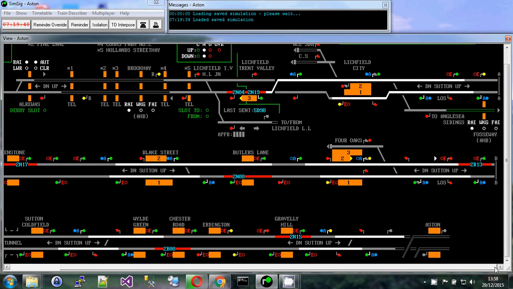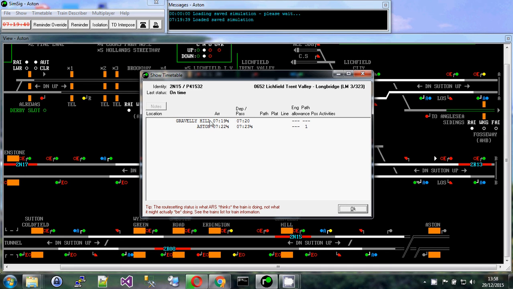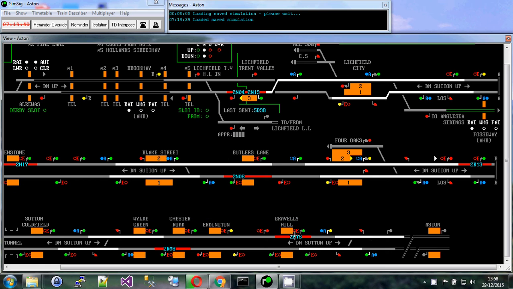Now we've already looked at things like timetables and head codes, so what you'll be doing even on the basic simulations is spending a lot of time clicking on head codes and finding out where things are going. Now in this case this train is about to go off of the simulation here, so I don't really care too much about that, but I am more interested in trains that are coming into this simulation